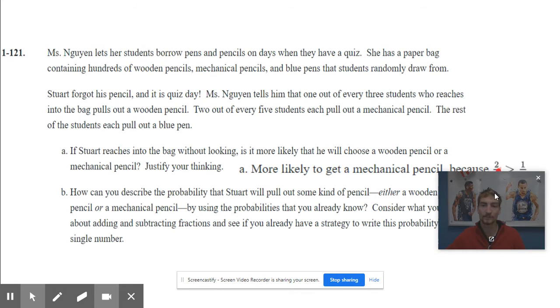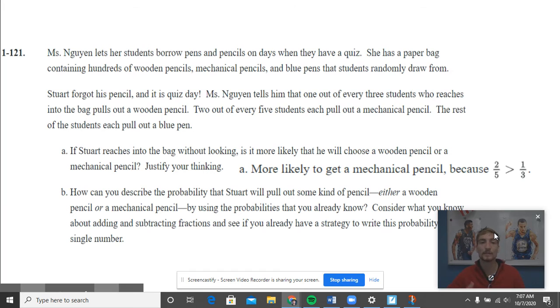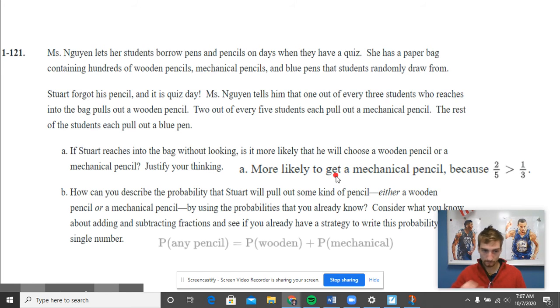So here you should have gotten that it's more likely to get a mechanical pencil because 2/5 is greater than 1/3. And we could figure that out by finding our common denominator. 5 and 3 both go into 15. And so then you could change the 2 to a 6, and then you could change the 1 to a 5, and 6/15 is greater than 5/15. So that's how we get that answer. Next, we're looking at